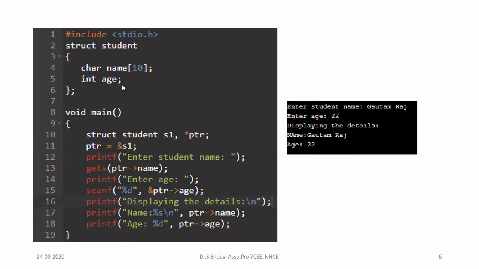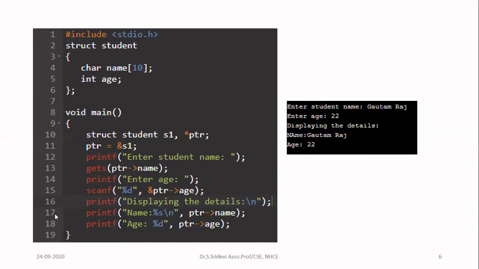Remember, name is a character array. In gets function, no need to pass ampersand. It will automatically take the address by means of this array name. Okay. After that, try to read the age from the user. Age is an integer, so I have to use scanf %d. In integer, you have to give ampersand symbol, because the compiler, with the help of ampersand symbol only, will identify that, okay, I have to read the address, right?